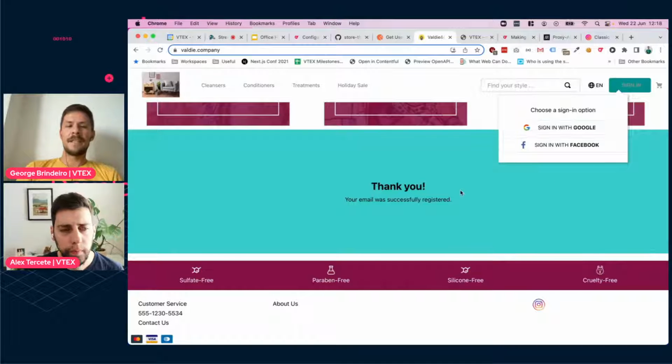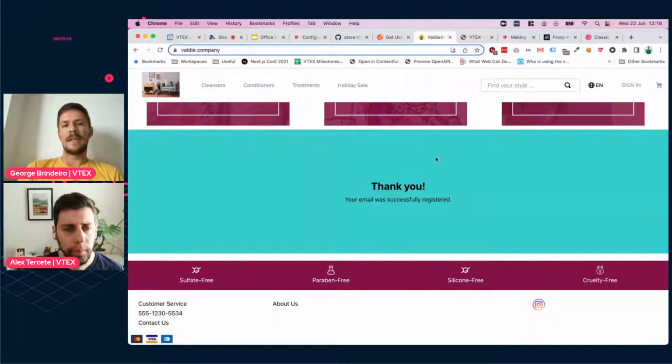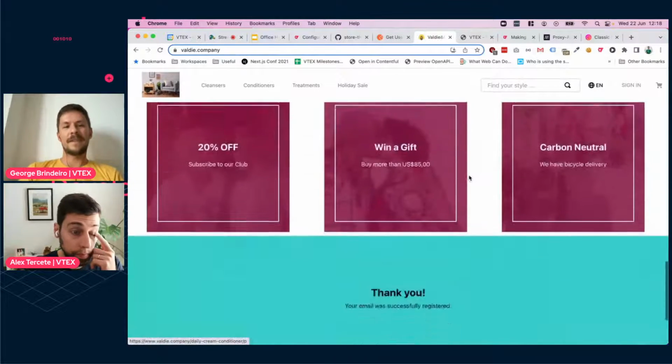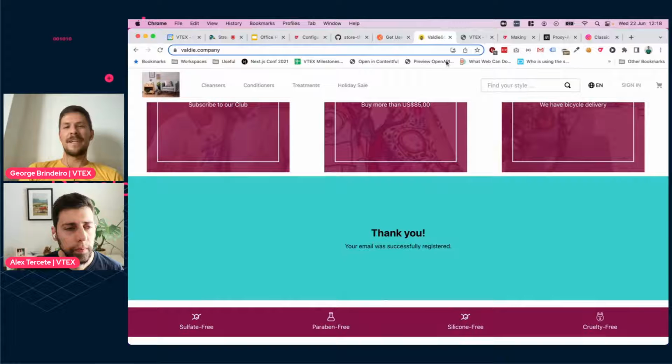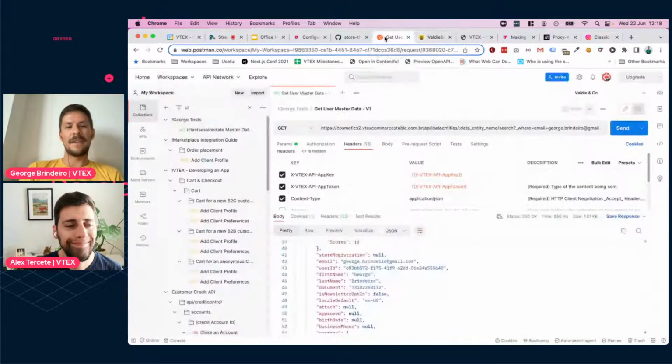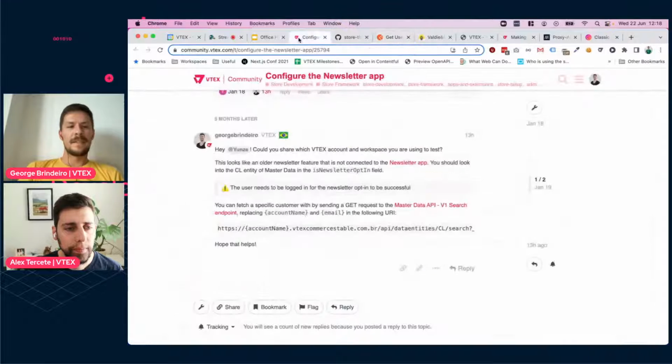After I have signed in, I would be able to toggle that during my registration. Unfortunately, in this specific test account, our sign-in is broken, but I tested it out in other accounts and it works. So definitely keep an eye out for the user needing to be logged in. And that's, by the way, one of the ways we make sure that the actual user is the one opting in, not a robot or someone using our email